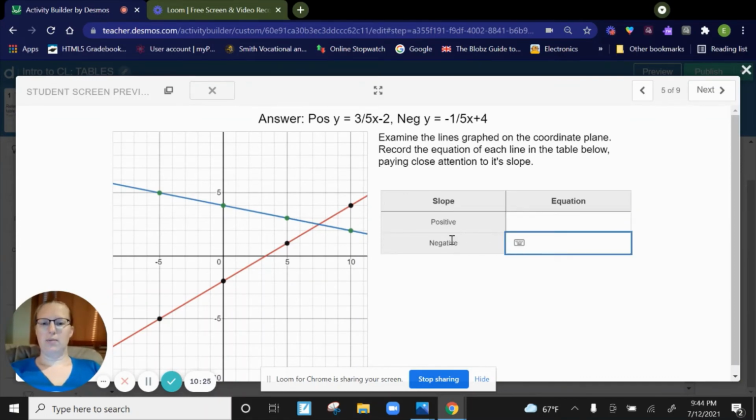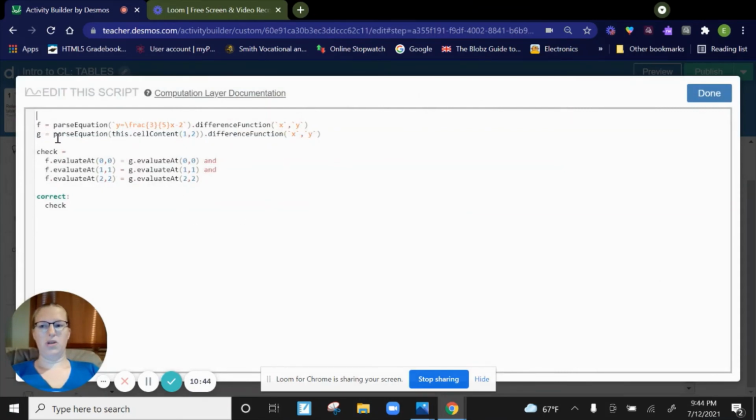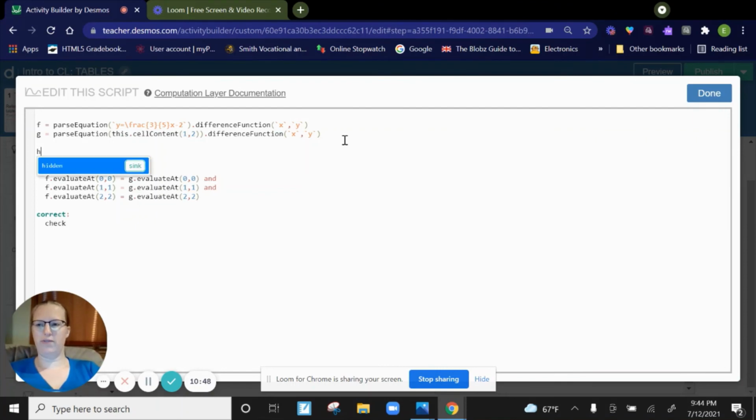We want to do the exact same thing for the negative, but this one is going to be a different equation to start off. So this one is a negative 1/5 x plus 4. So I'm going to copy this, and I basically want to do the exact same thing. So f of x, g of x, let's do h of x. Parse equation. What equation? This one that I just copied. And difference function,